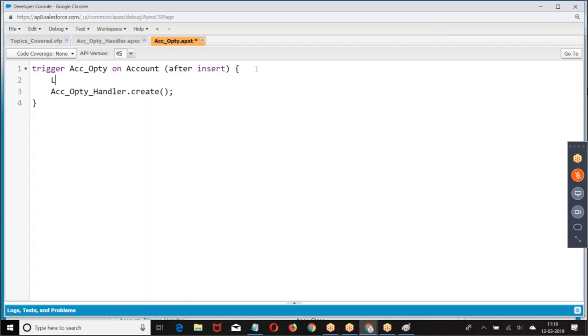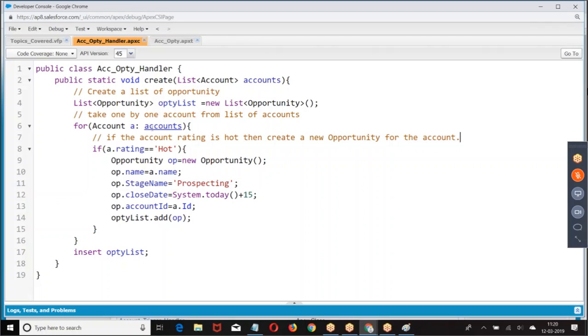List of accounts equal to trigger dot new, the list of new accounts. I took those accounts and I am passing them. Did the people follow this logic? In after insert, trigger dot new gives you the list of new accounts which you inserted. Then I am passing those accounts. If you pass those accounts, check the rating value. If rating is hot, make it.